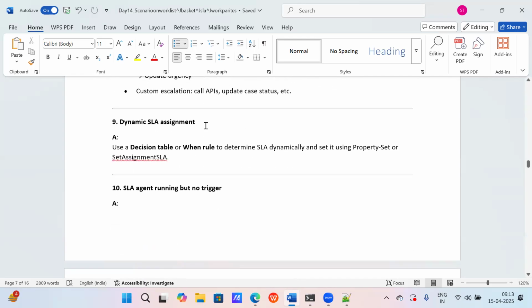Dynamic SLA assignment is nothing but the same, the custom SLA. Depending upon the property, if the condition is met, I need to route to worklist. If the condition is not met, I need to route to workbasket. So just keep in mind, dynamic SLA assignment is when there's a requirement for you to route to either workbasket or worklist depending upon a condition. That brings into the picture customizing the utility. Either you can customize the to-workbasket assignment utility or the to-worklist utility. But keep in mind, we need to add one more step depending upon the condition.